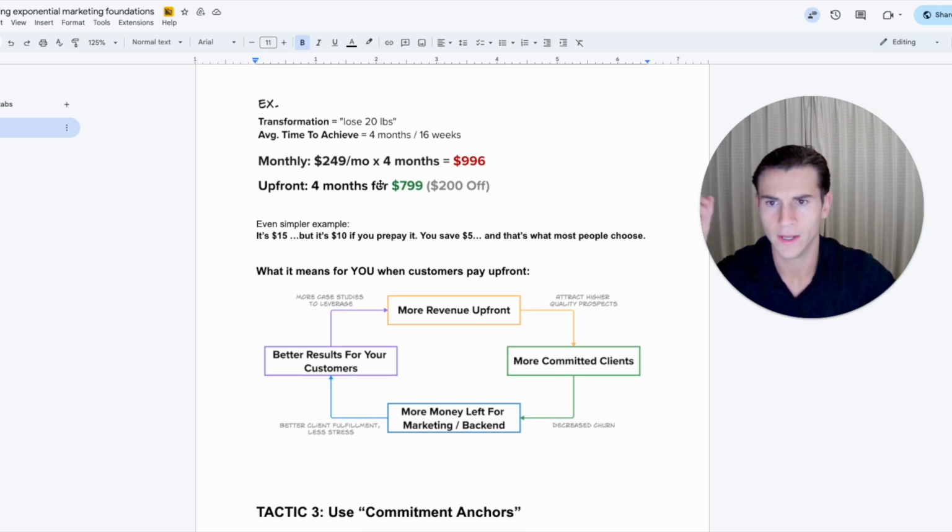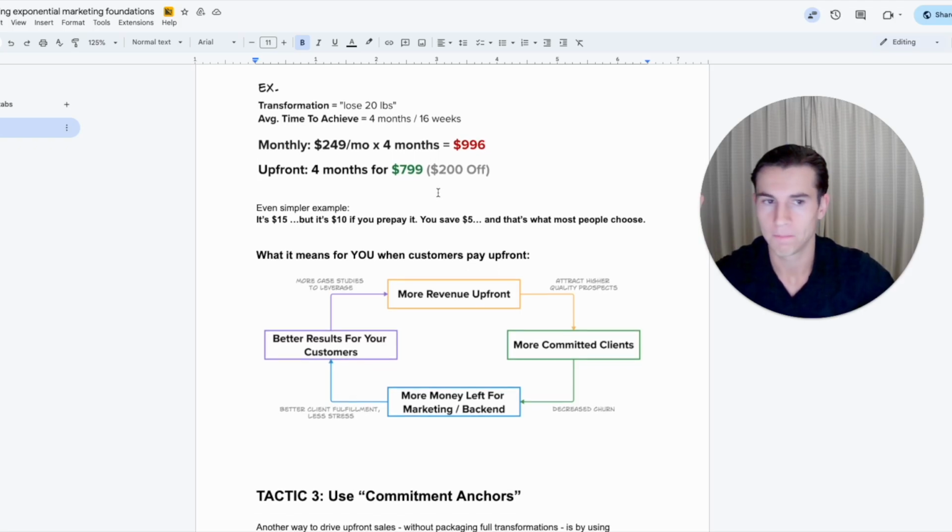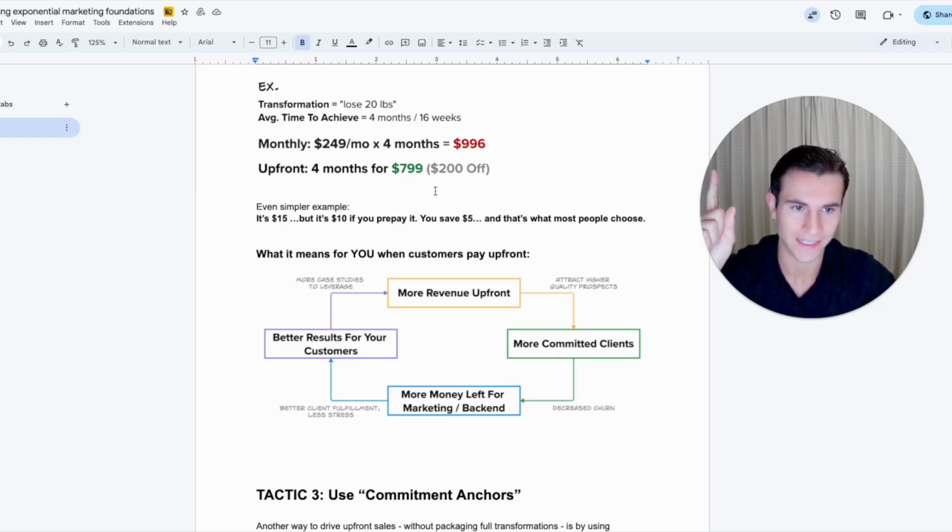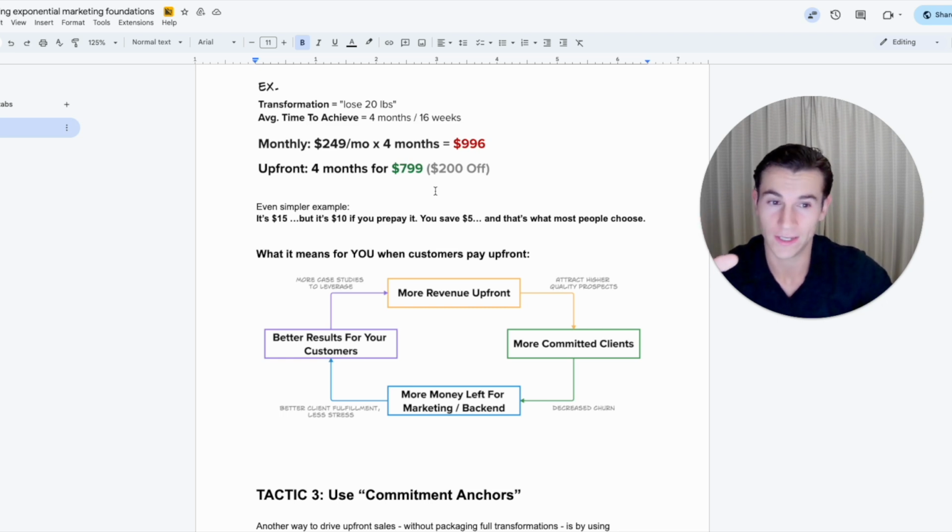You're going to say, okay, instead of $249 per month for 4 months, which is $996, they can get 4 months for $799 if they take action now. So you can simply play with that and incentivize them logically to pay upfront. And this is the thing, a lot of people aren't going to do that, because in the back of their mind, they want an out in a sense. They know there's maybe a small chance that they won't like it, or something happens and they want to cancel, and they don't want that obligation.